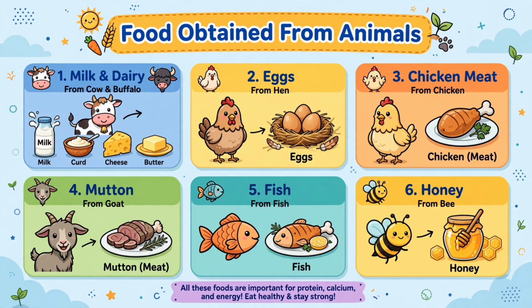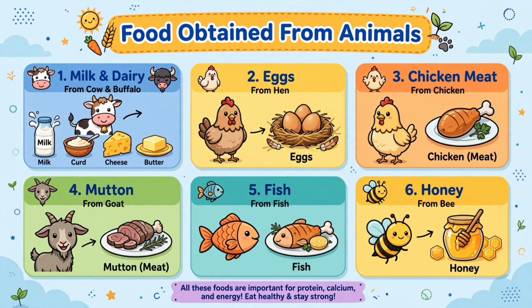Example, dairy farming. This farming provides milk and milk products to the farmers. Second is poultry farming. Poultry farming is the rearing of hens to get eggs. This farming provides eggs and meat to the farmers, to the cultivators. And now we will discuss fisheries. Fisheries is also a subsidiary part of farming,